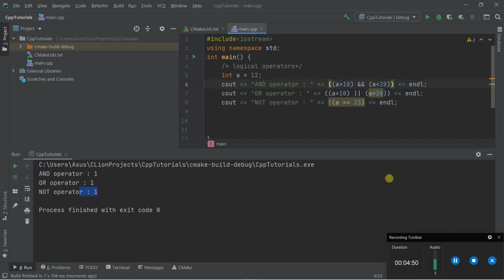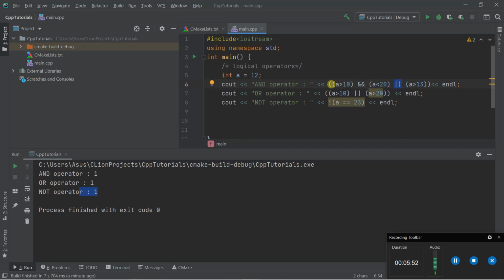Here I have used the OR operator and created another condition. This other condition is a is greater than 13, which is false because 12 is not greater than 13. According to the precedence of logical operators, the AND operator will be performed first, and after it the OR operator will be performed.